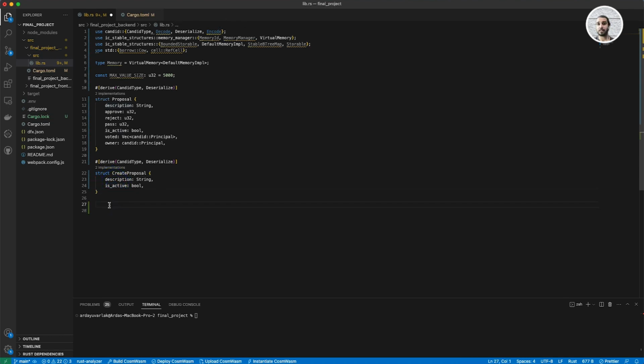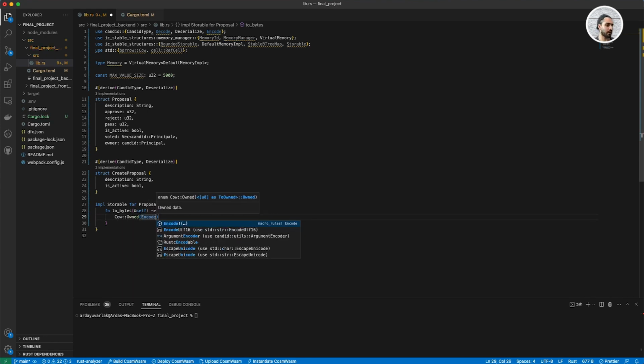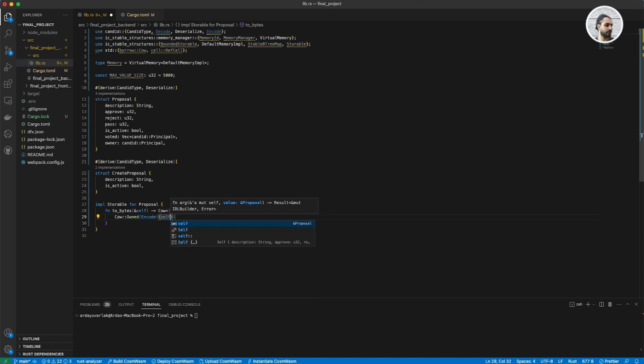Now that we have created our structs, let's implement our traits for these structs like we did before. First, we are going to say implement Storable for Proposal. And we are going to say to_bytes to serialize it. And inside this, we are going to say Cow::Owned(Encode!( and inside this, we are going to provide